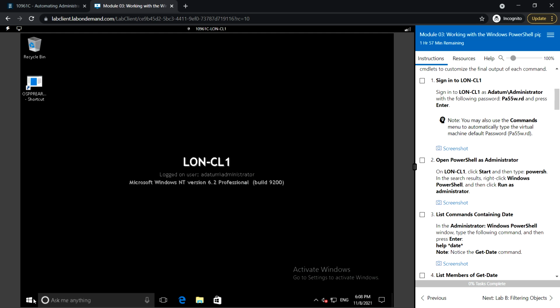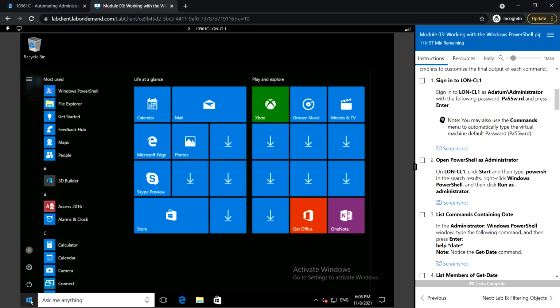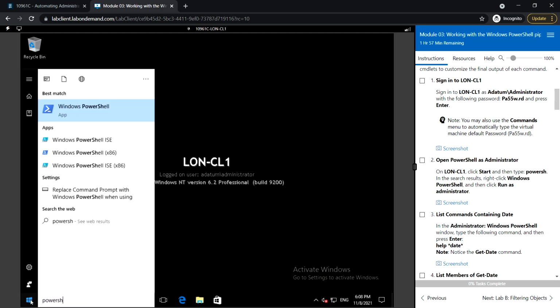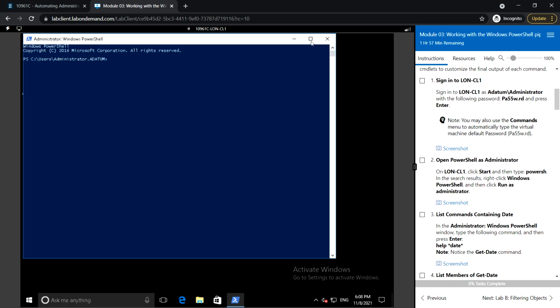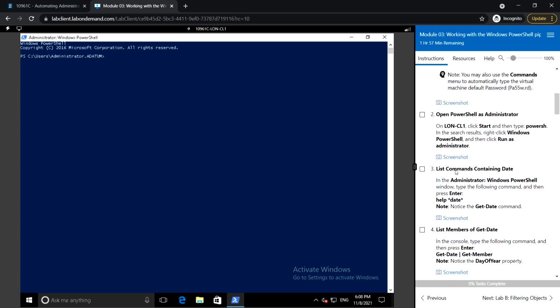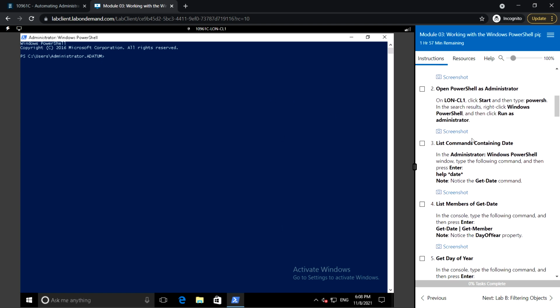So we'll just open the PowerShell. You can type PowerShell and open it, run as administrator mode. So first we can see